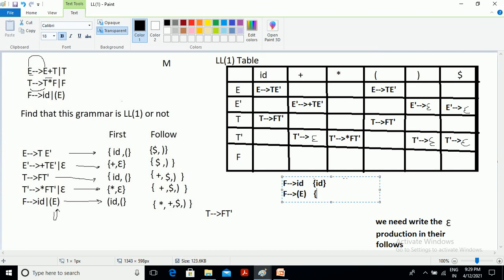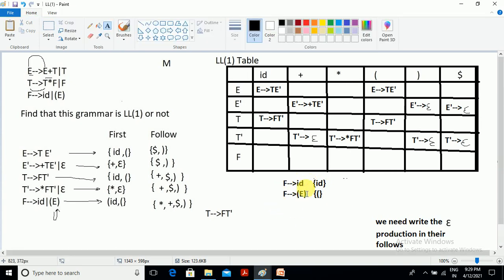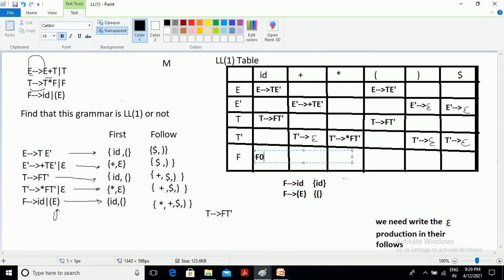So that ID should be written in this ID column only, F derives ID.